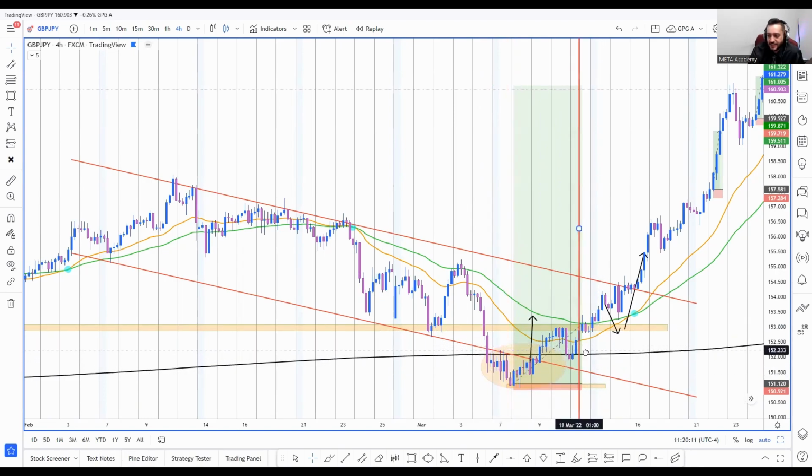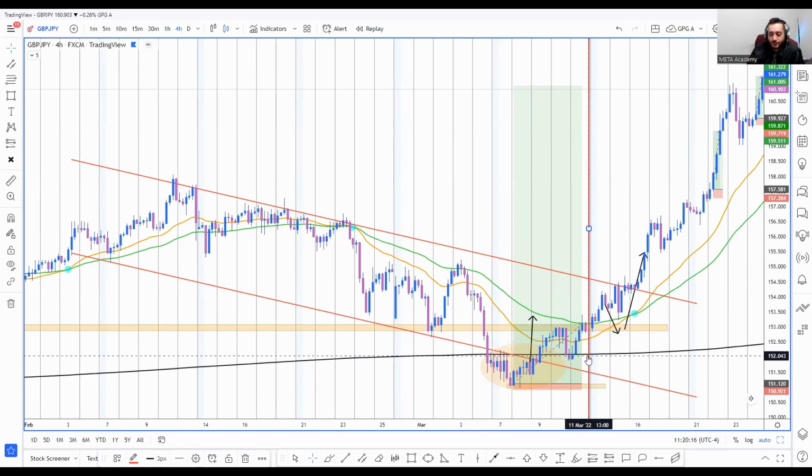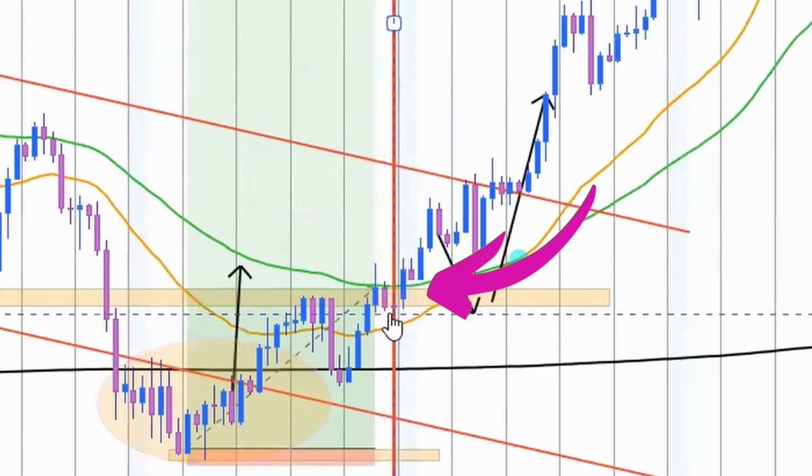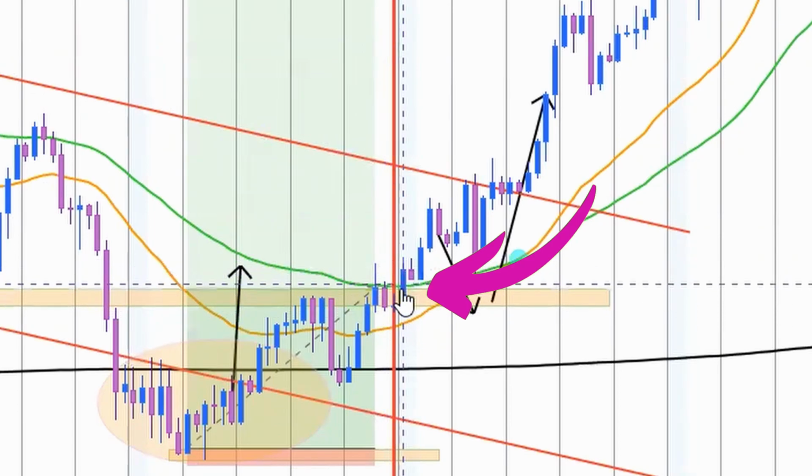But until here, we still didn't have a confirmation that the reversal is happening. We had enough confirmation to say there is a trap of sellers and more chance for the price to go up. However, everything wasn't really confirmed until Friday, 13th of March 2022, where the market opened and the first 4 hour candle,